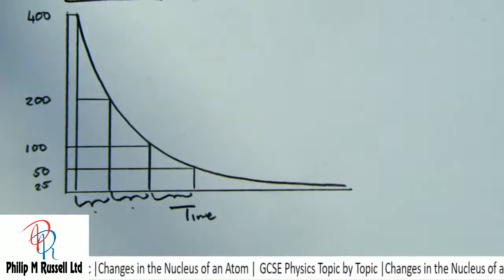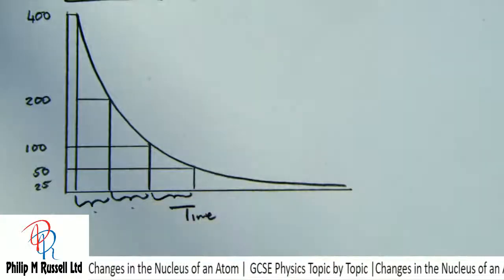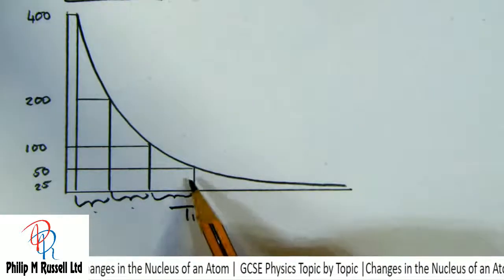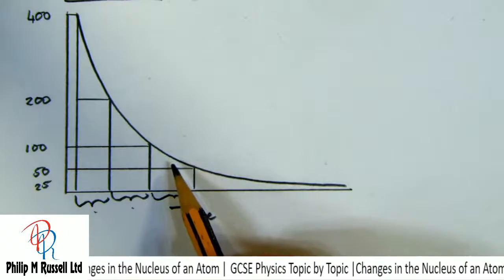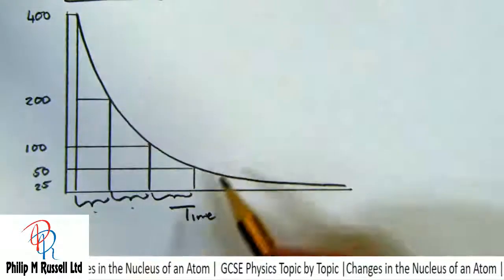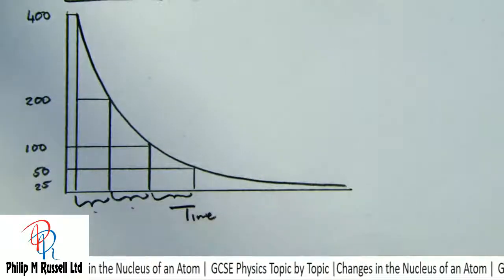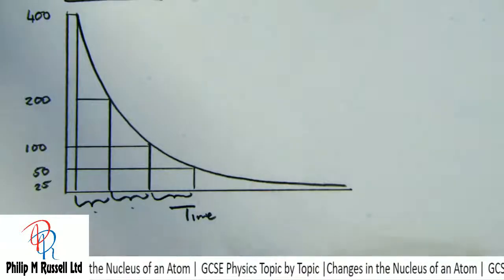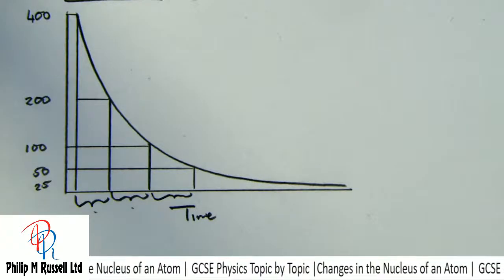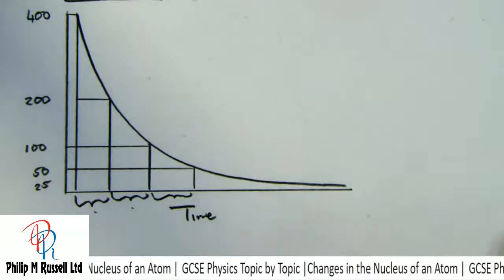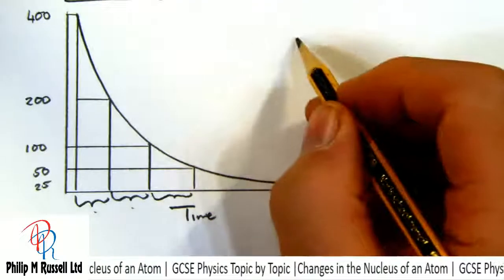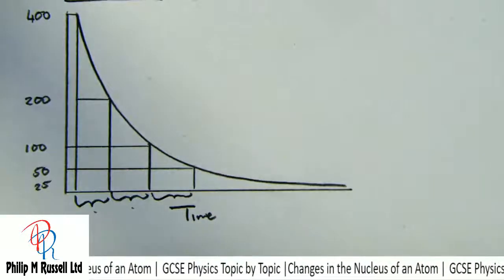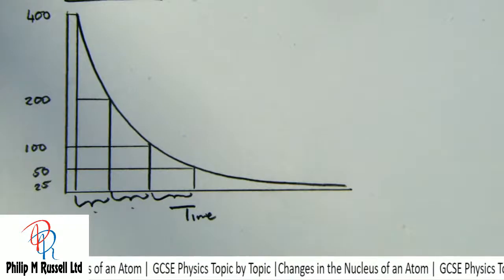It's the time taken for half to decay. In my graph it's only approximately right because I've only just drawn a vague curve here, but the time taken for half the amount to decay is called the half-life, and different substances take a different amount of time to